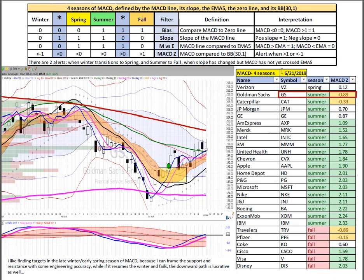Four Seasons of MACD. Here's just an example of catching Goldman. I describe how I like getting things early in the spring or very late in the winter. So Goldman is at the lowest, earliest in the summer, and Goldman actually gave us an earlier play where we get the big sell-off, then the RLXD, and if we use that as the risk with an entry here, we're still in really good shape. Now we can use the bottom of the dragon or the PSAR as our trailing stop. You might even use a 2-day low, and that's kind of how you use the Four Seasons to quickly get you into those parts of the market in the